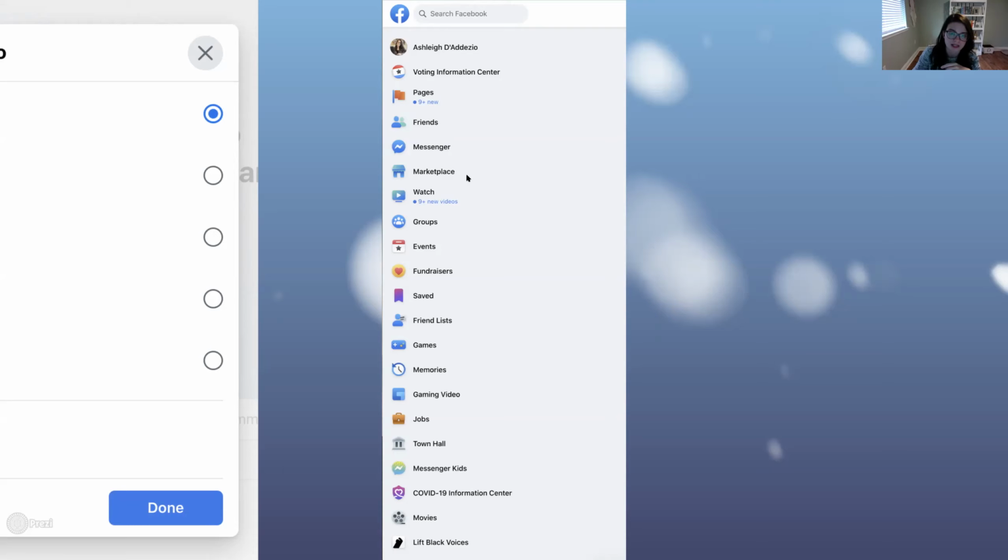Facebook Marketplace, I'm going to show you guys a screenshot of it later. But this is where you can go to buy and sell things. So this is the new Craigslist. So if you go to Marketplace, you can put something up for sale, you can purchase something, or you can give it away for free. If you don't think it's going to sell for much, you can just put it on there for free and put first come, first serve. I really like Facebook Marketplace. I've seen a lot of cool stuff on there. I've gotten some furniture pieces for our house on there.